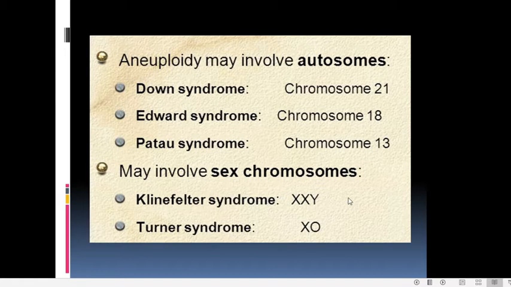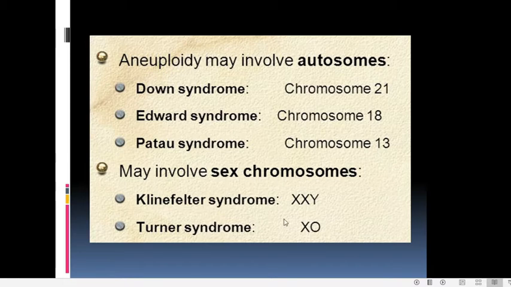The person will, even though he is male, be sterile. Here is an example of monosomy, where in a female, an X chromosome is lost. From the homologous pair of sex chromosomes, one X is lost. This condition is called monosomy, and it results in a syndrome called Turner syndrome. So she will be female, but she is abnormal.